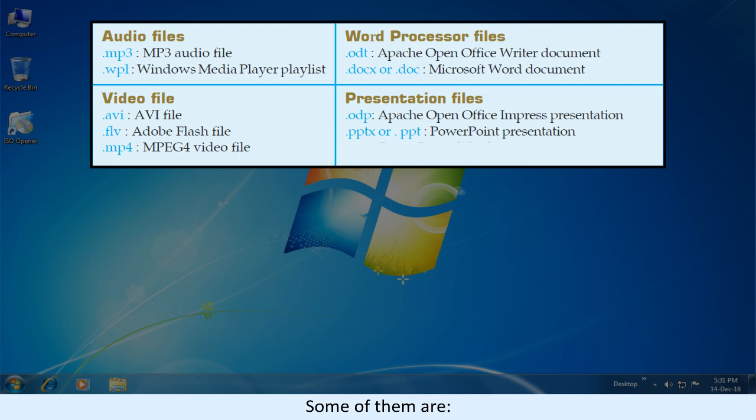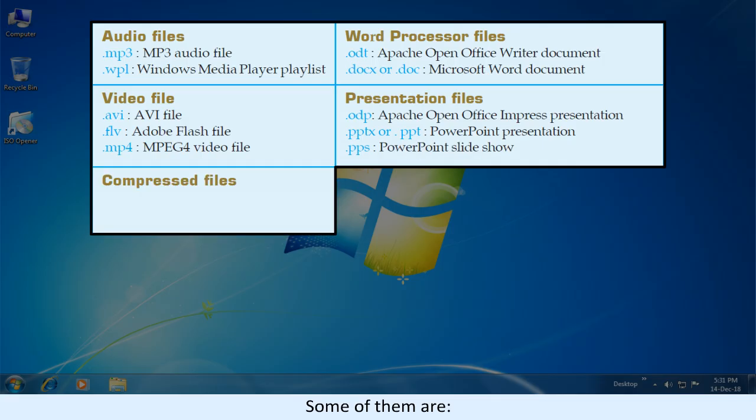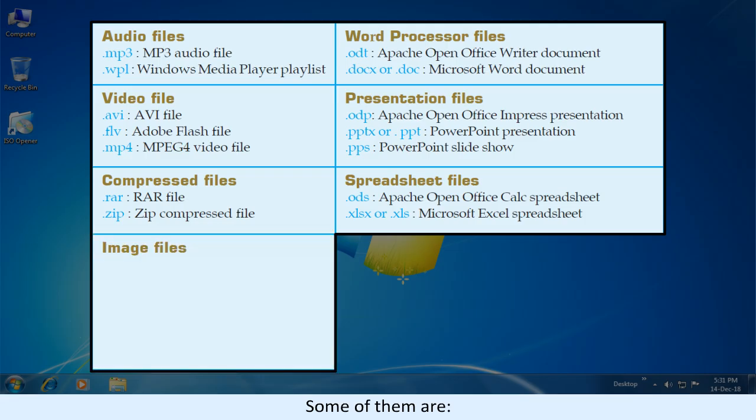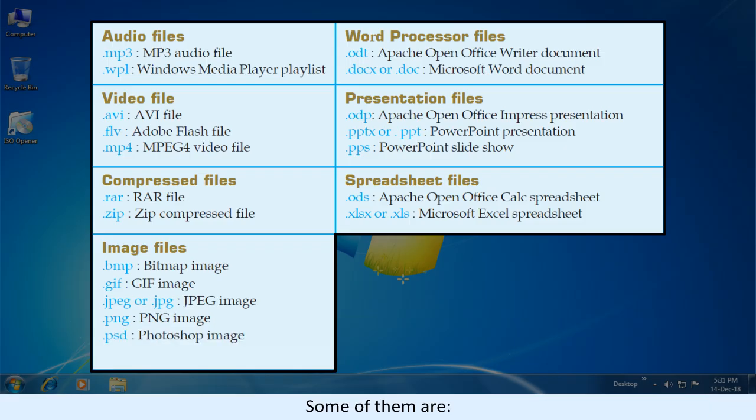or .ppt, PowerPoint presentation; .pps, PowerPoint slideshow; compressed files: .rar file; .zip, zip compressed file; spreadsheet files: .ods, Apache OpenOffice Calc spreadsheet; .xlsx or .xls, Microsoft Excel spreadsheet; image files: .bmp, bitmap image; .gif, gif image; .jpeg or .jpg, JPEG image; .png, png image; .psd, Photoshop image; .tif or